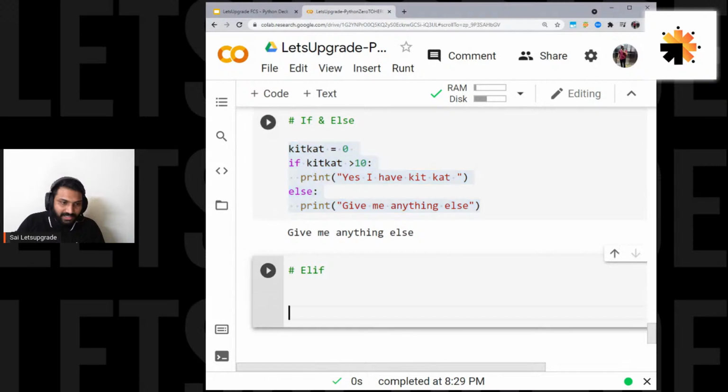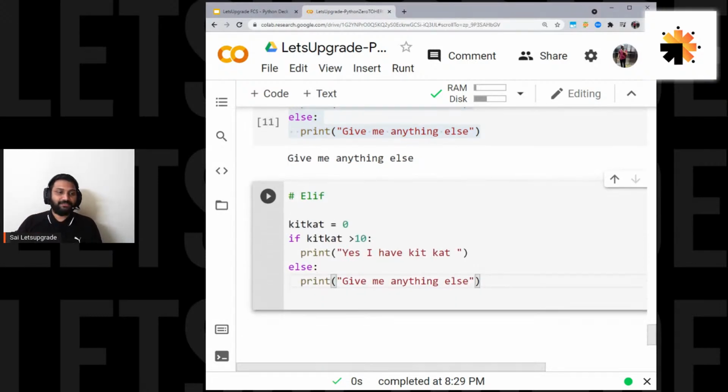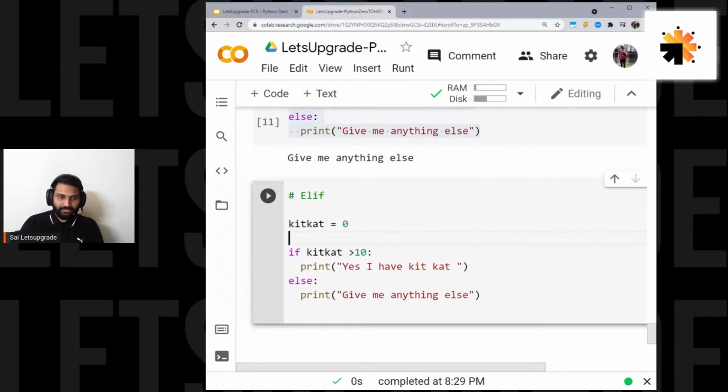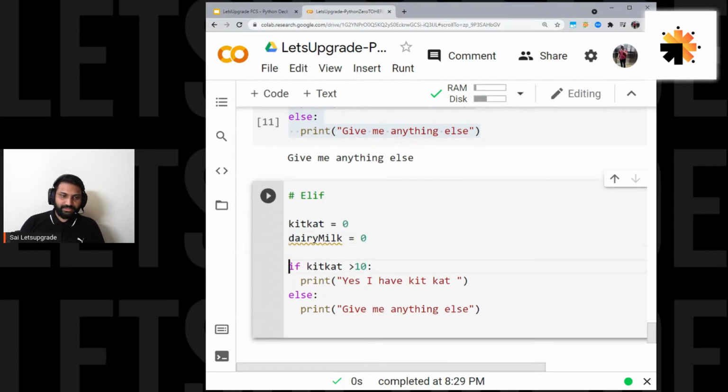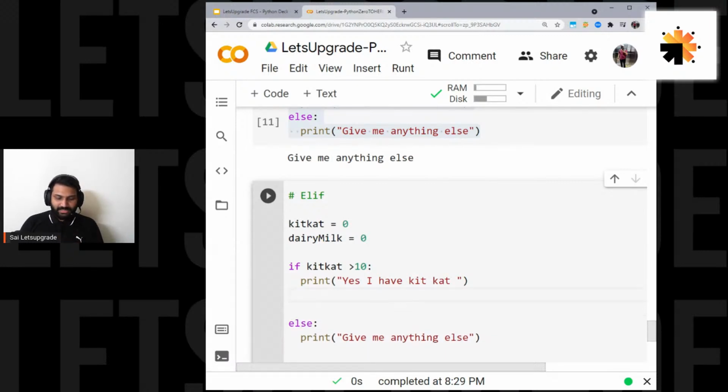So how to write this? Elif is nothing but else if. That else if part, what will I do? Dairy Milk, DM, is equal to 0. Let's write it down. So now how will I modify the code? Instead of else, I'll press enter and write elif, and the condition: Dairy Milk greater than 10. Then please print